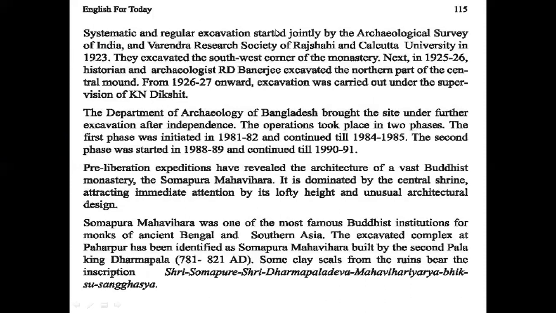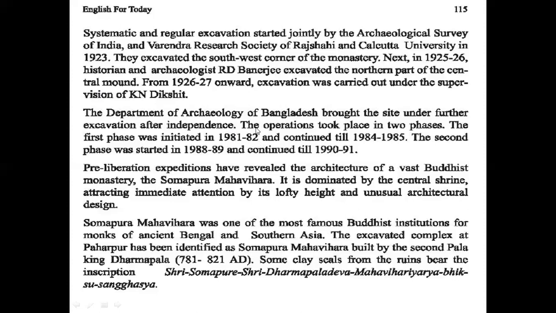Systematic and regular excavation started jointly by the Archaeological Survey of India and Varendra Research Society of Rajshahi and Calcutta University in 1923. They excavated the southwest corner of the monastery. Next, in 1925 to 26, historian and archaeologist R.D. Banerjee excavated the northern part of the central mound. From 1926 to 27 onward, excavation was carried out under the supervision of K.N. Dixit. The Department of Archaeology of Bangladesh brought the site under further excavation